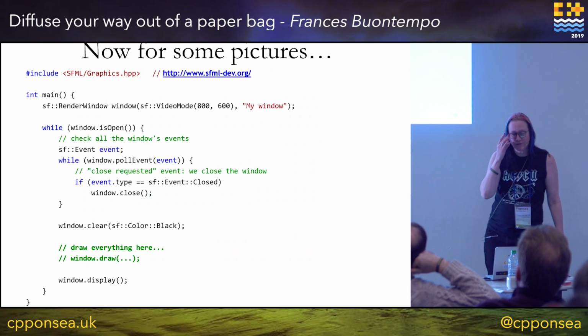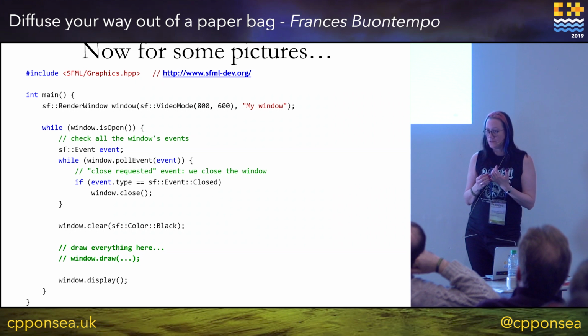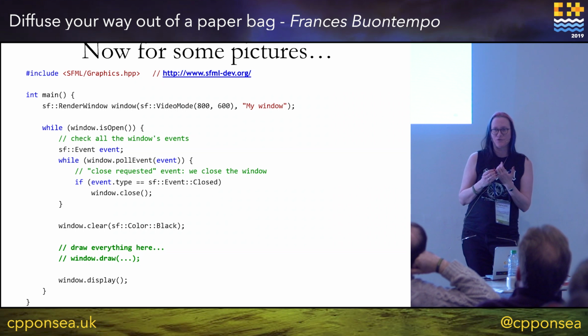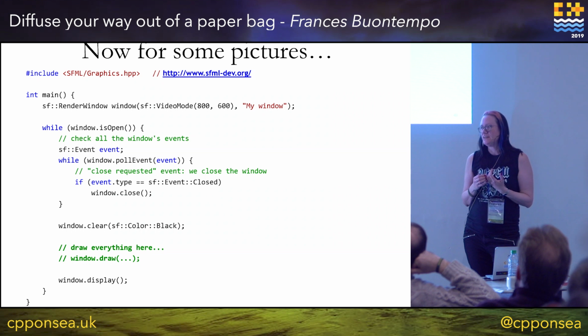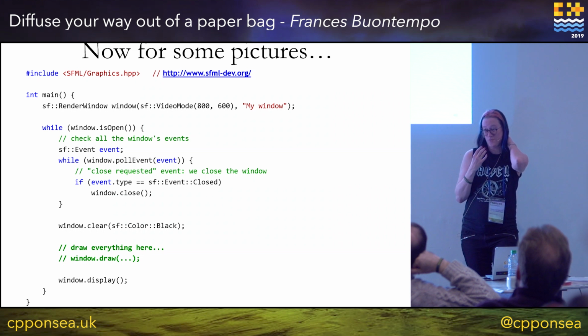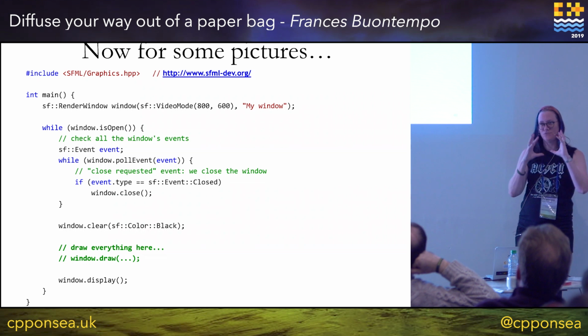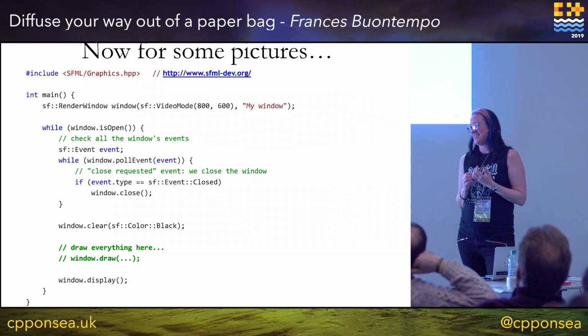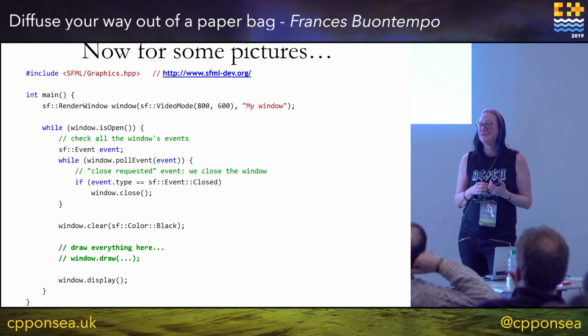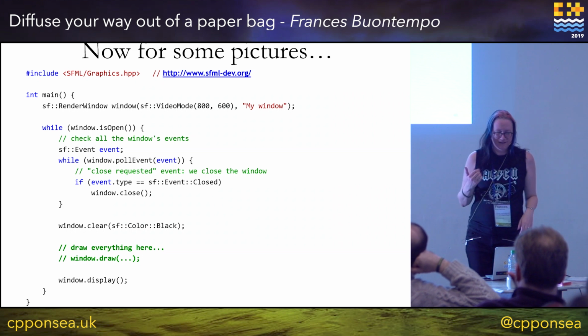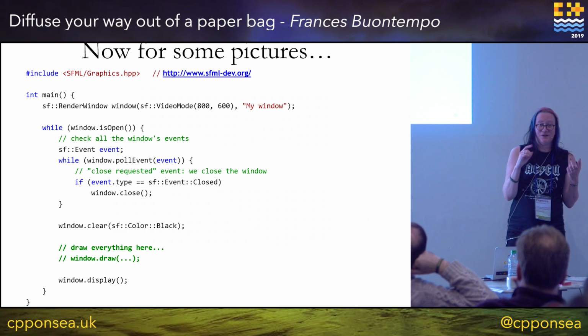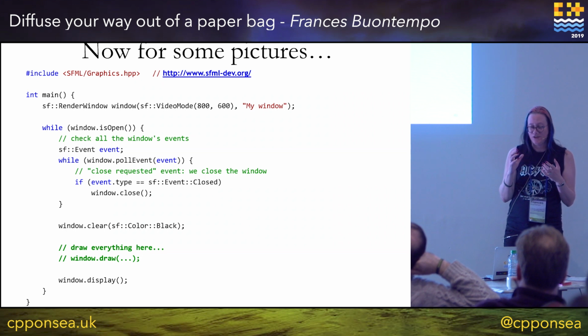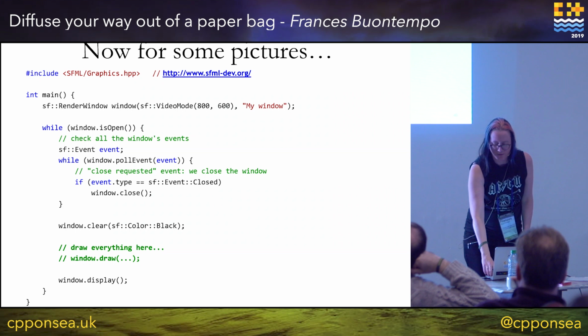So, slightly squashed. I've used the SFML library for this. Don't know if anyone's come across it before. It's really cool. I spent ages coding my way out of a paper bag using other languages. I'm too scared to draw pictures in C++. I don't know how to do this. All these big libraries for games and things look really scary. Actually, they're not, but this is quite a nice, simple way in. So, get a window, possibly handle some key presses, draw some stuff on the window.